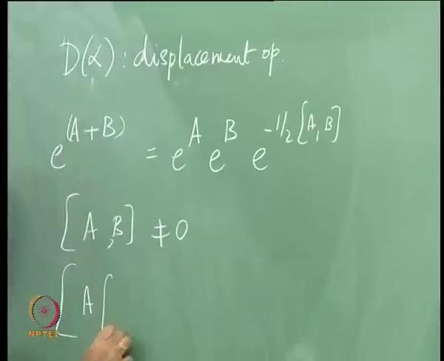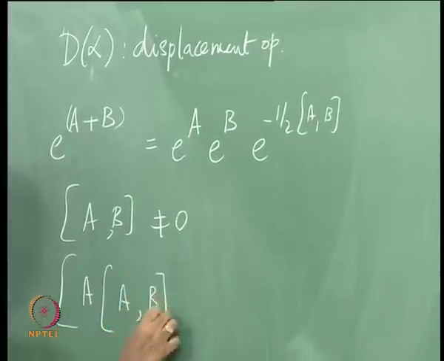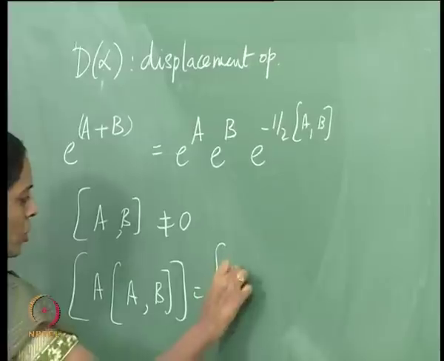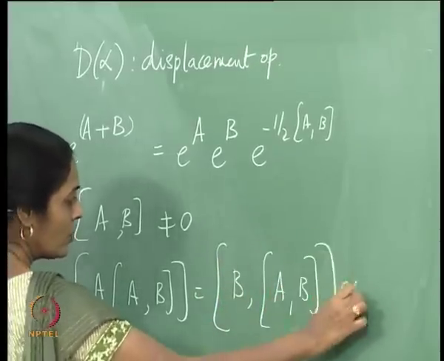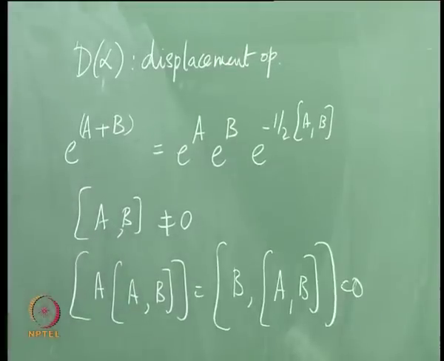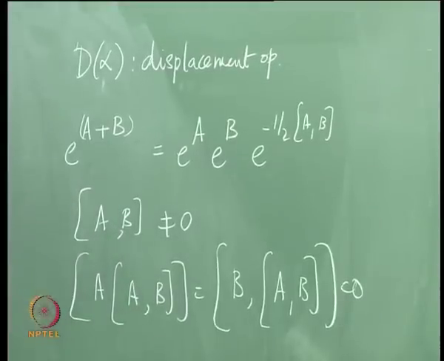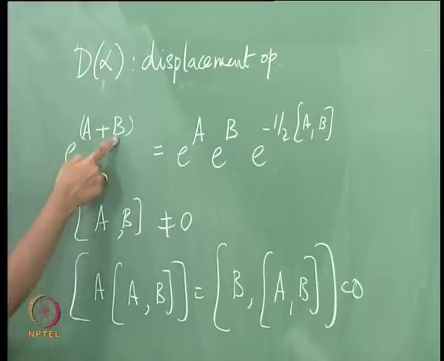However, the commutator of A with B commutes with A and with B. Now, if these conditions are satisfied,